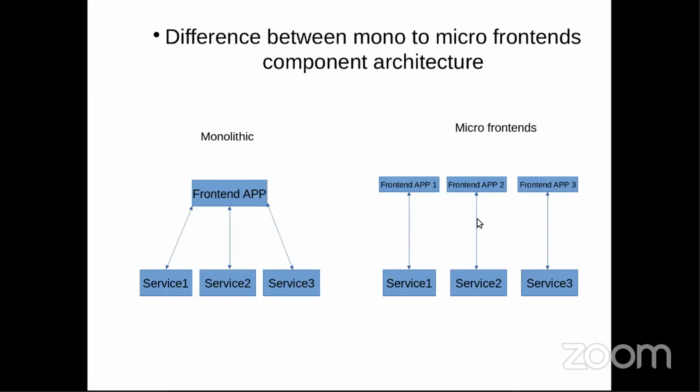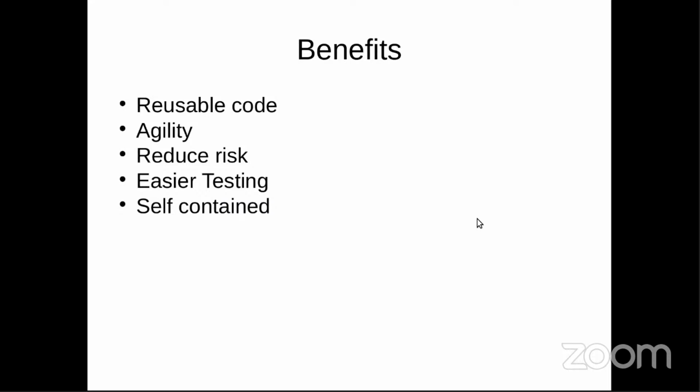And this is all about the differences between monolithic and micro frontends. These are the benefits we were discussing around the previous slides, like reusable code. Whatever the framework, whether AngularJS, React, Vue, or any other JS framework, we are all encouraged to use reusable components. Reusable components means web components, and we have a couple of frameworks to build